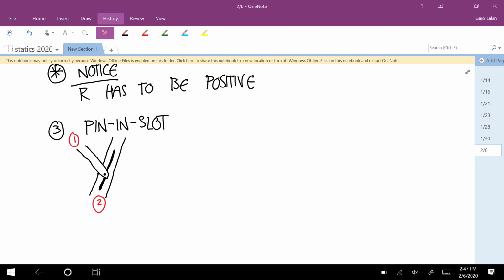Okay, so is there any axis where if I try to move it along the axis, I can't do it? And the answer is yes. If I go perpendicular to that slot, if I try to go this way, it runs into one side. If I try to go this way, it runs into the other side. Okay. And so a free body diagram of body 1